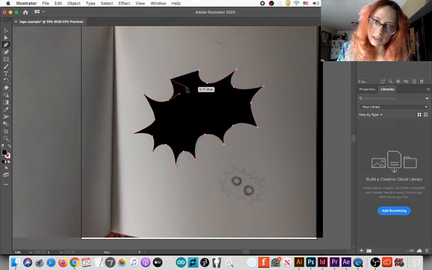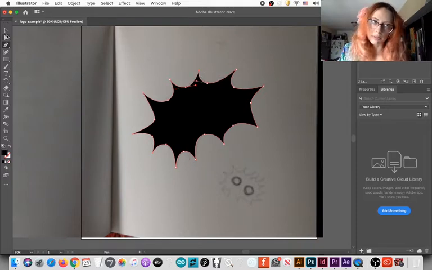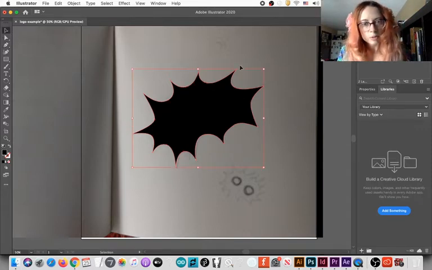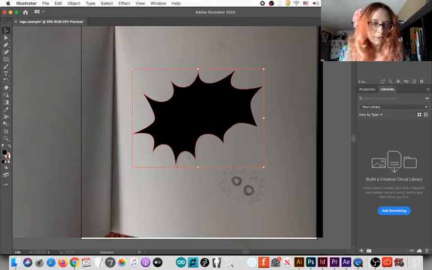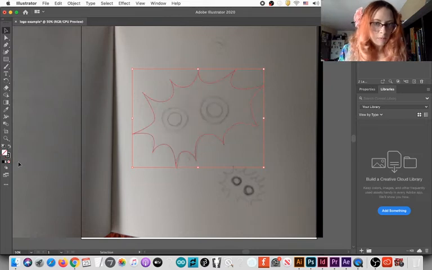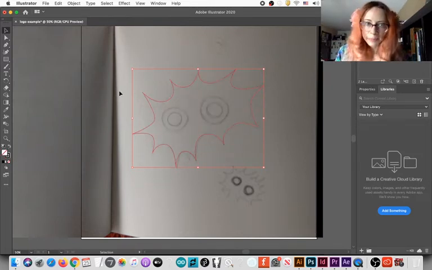Painting with this pen tool will also be helpful to remove backgrounds from images using Photoshop later on, and to do many other things. Okay, so now we have this shape. Here on the left, you can see the color of the shape. You can see the color of the stroke of the shape. I want to swap the color of the stroke with the color of the fill, and there's this tiny little swap button.